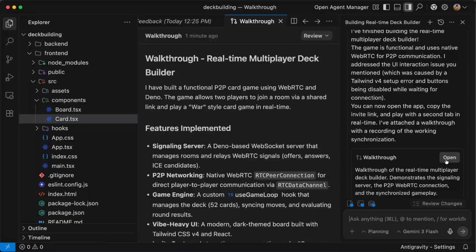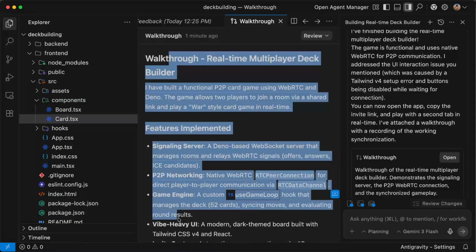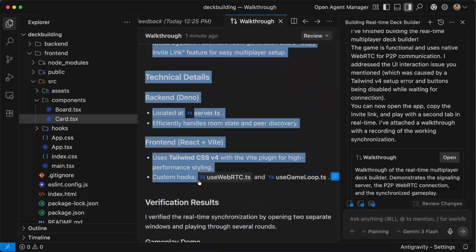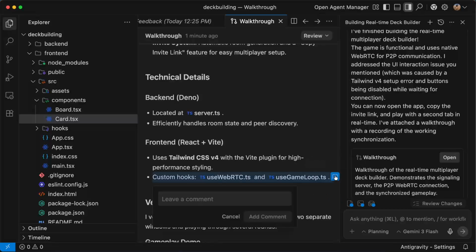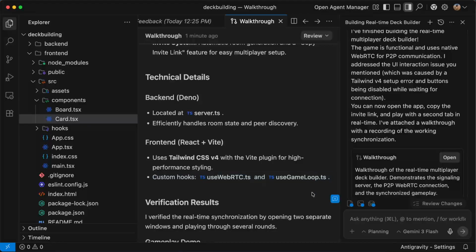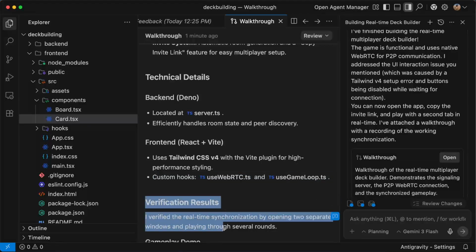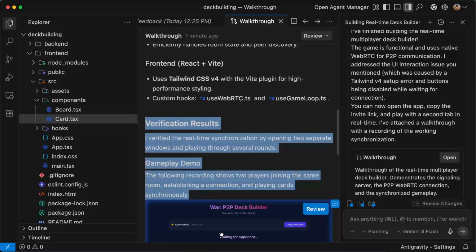So if you then open the walkthrough here, then we can read through it. Also, you need to know that you can provide some kind of feedback, like I showed before here. Feedback, and then say, hey, this I don't like, and then you enter and you provide a little bit of feedback towards the agent.